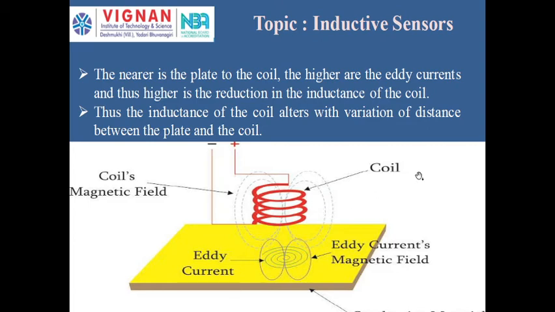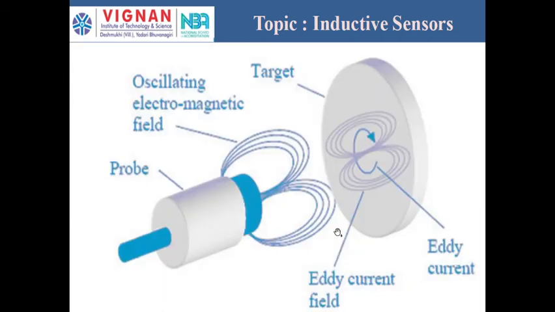Due to that, again some extra amount of inductance may change, that may be 0.5 henries. So instead of getting the 6 henries, I am getting 5.5 henries. That means the change in self-inductance is not only depending upon the displacement of this plate, it is also depending upon the surrounding magnetic fields, or the temperature variations of the surrounding. So that we should not require. Those are undesired parameters. So that can be reduced if you take the difference between the two outputs.